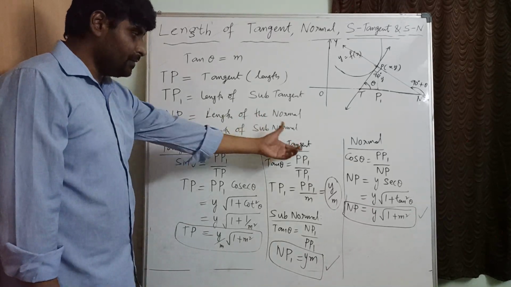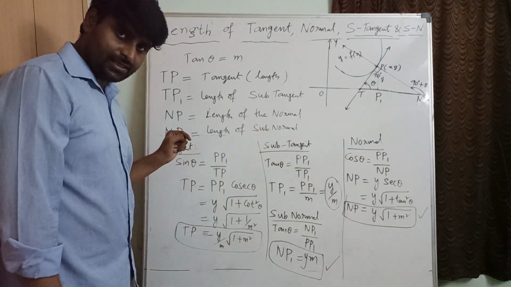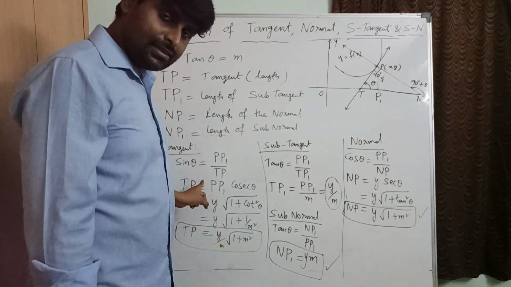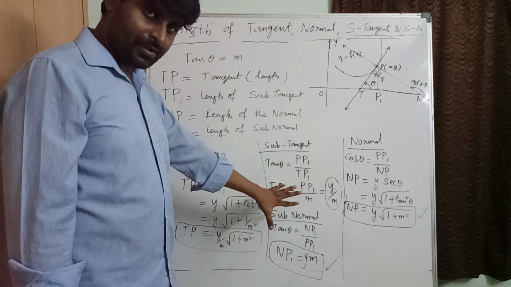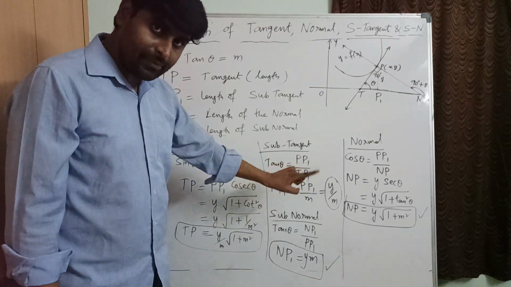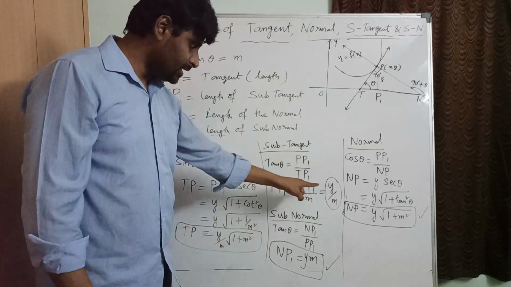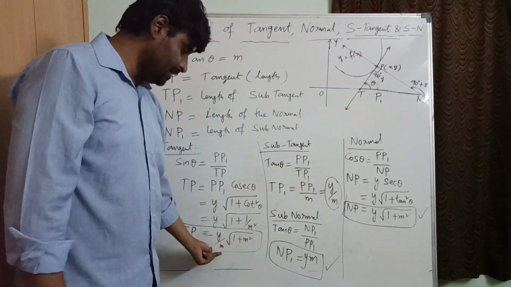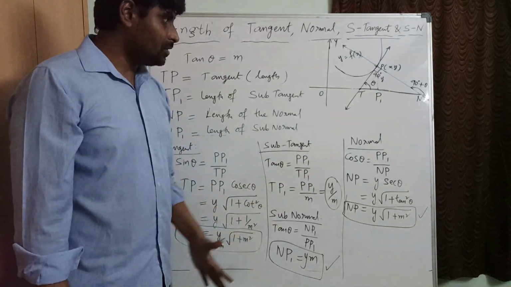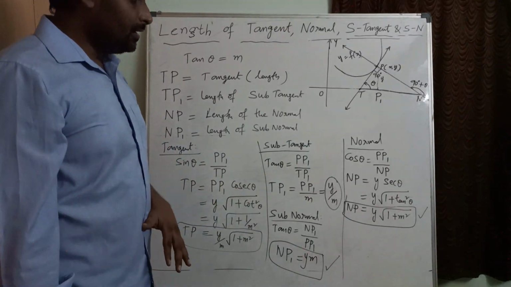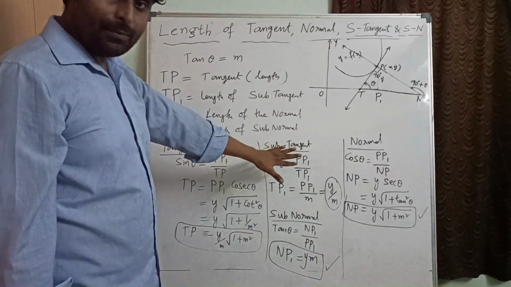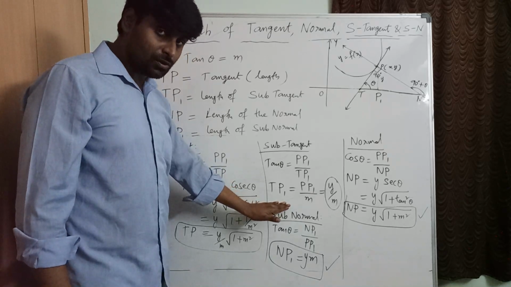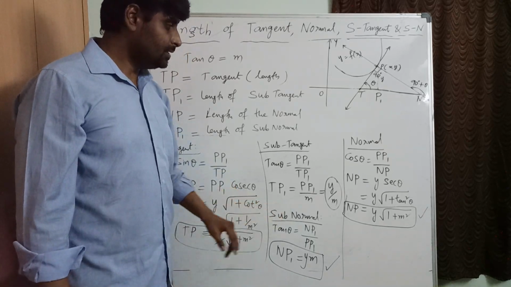So the tangent formulas in fraction. What is the length of tangent? Y into y by m into root 1 plus m square. What is the length of subtangent? Y by m. Whenever the length of subtangent is y by m, subnormal is y into m. Now the length of normal is y into root 1 plus m square, without m. Correct? So these formulas are important and we must know the proof, and we have to remember these formulas, which are very important while solving problems. Clear? Make a note of it.